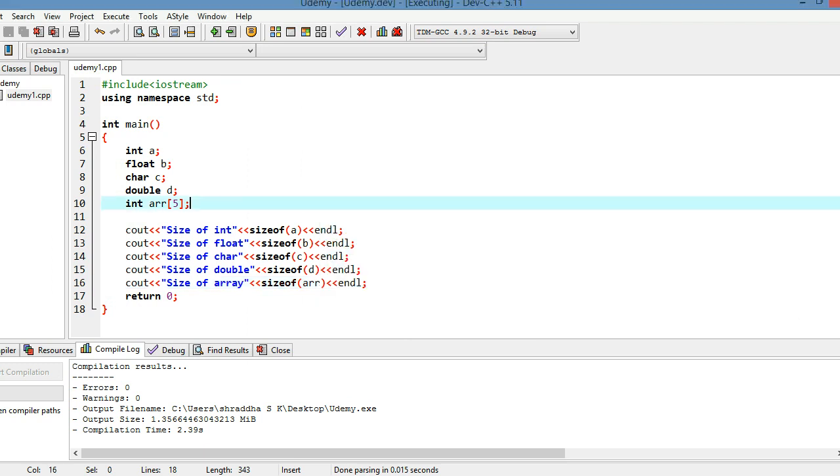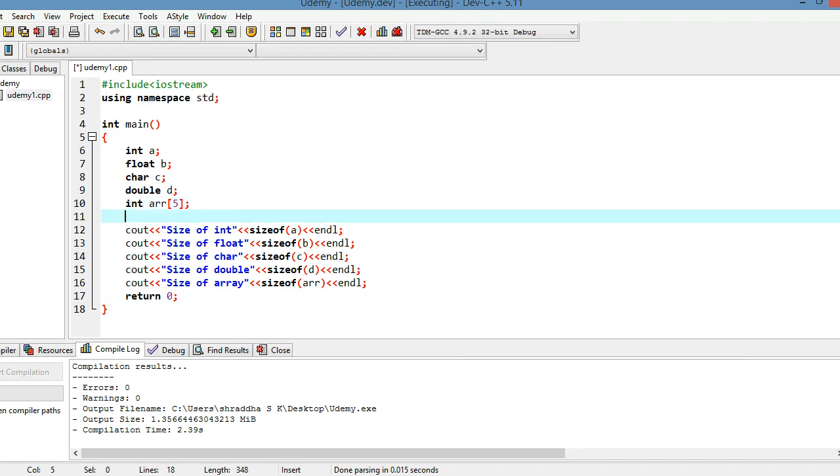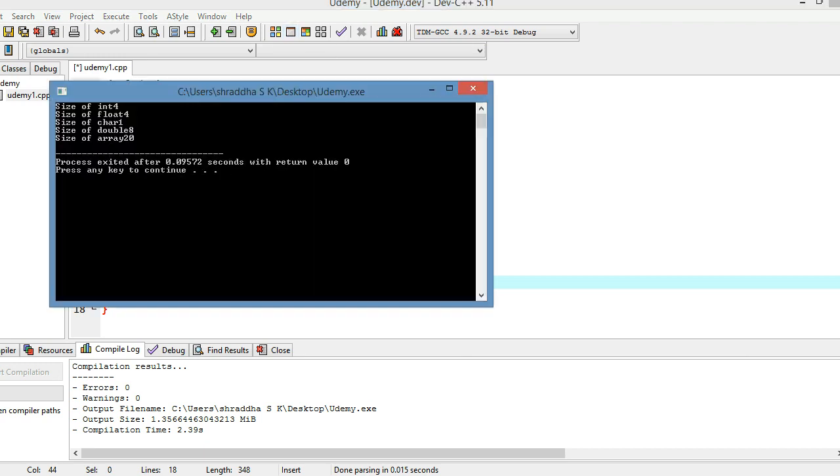Array means each position, there will be 5 positions, 1 2 3 4 5, and each position can hold one integer. One integer means 4 bytes, so total of 20 bytes it should be having, because 5 positions are there. One position will hold 4 bytes, so 5 positions means 5 into 4, that is 20. So the size of array will be equal to 20.